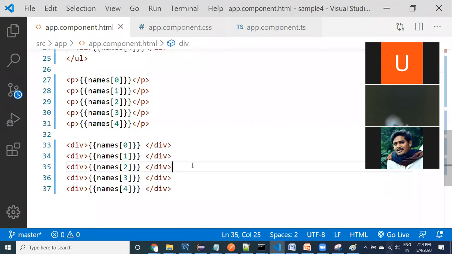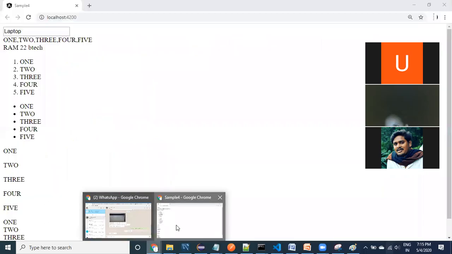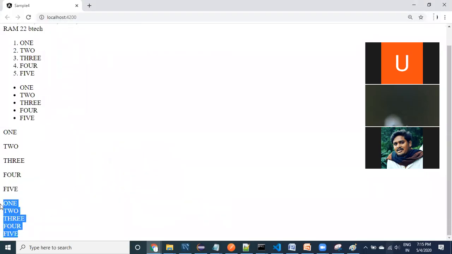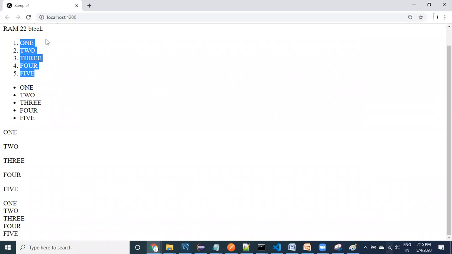See here, guys, these are the divs. We can use the divs, we can use the paragraphs. This is an unordered list, this is an ordered list. However you would like to display the data, you can display that particular data.